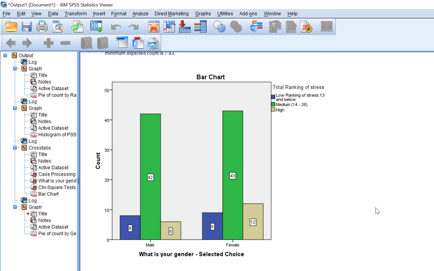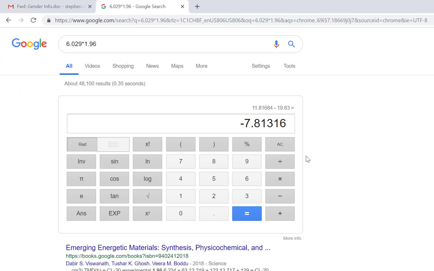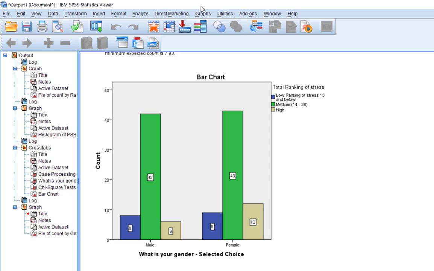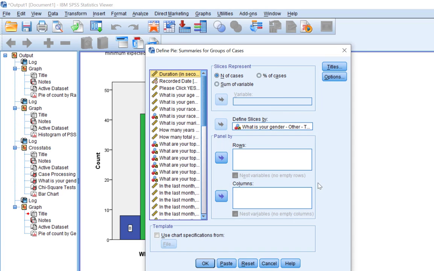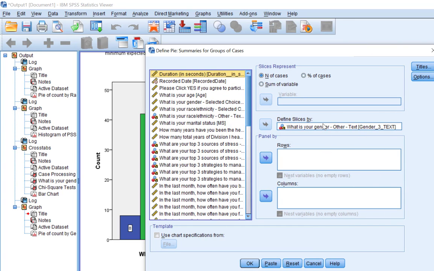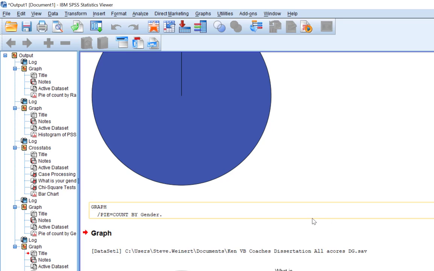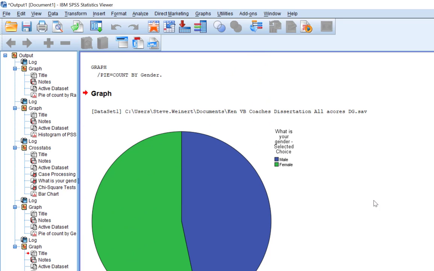Oh, that's weird. What happened? Did I choose the wrong one? Oh yeah, what is your gender other than? You gotta go one above that, I think. I hate it that it puts it in small boxes. Okay, so